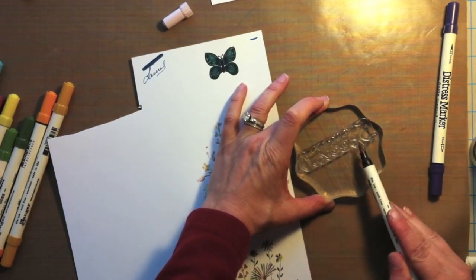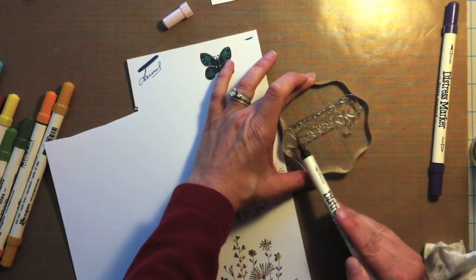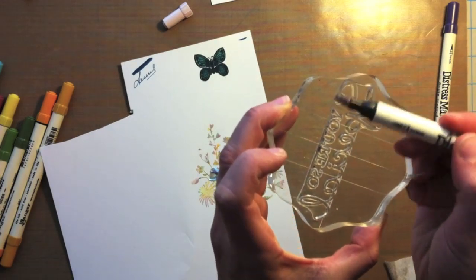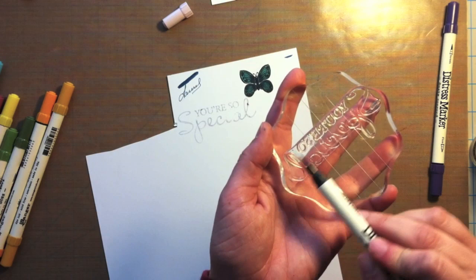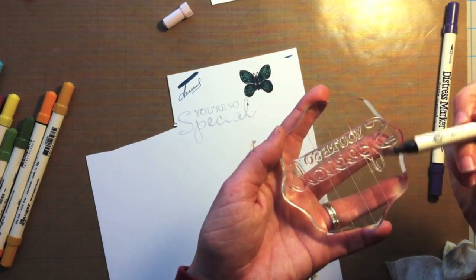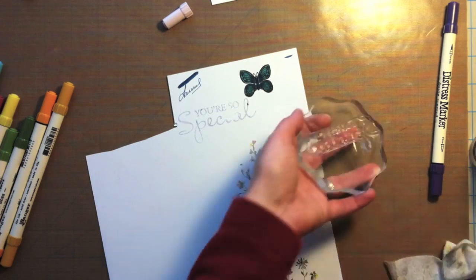And you want to color the image. And I'm using the side of my marker again. I'm not using the tip, I'm using the brush side. And this is a milled lavender color. It's a pretty color, but when you color on the clear stamp, you don't see any color go down. So I wanted to stamp it off the paper to make sure it was going to show up. So it is. So you're just going to cover the entire stamp with your lighter color,